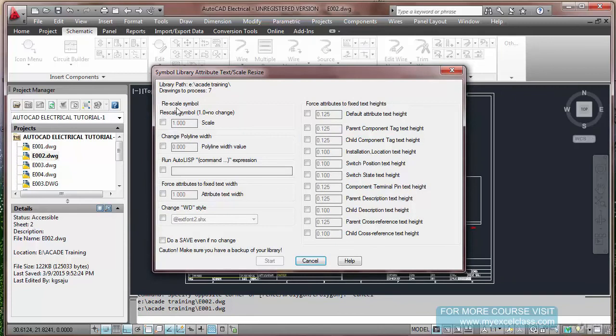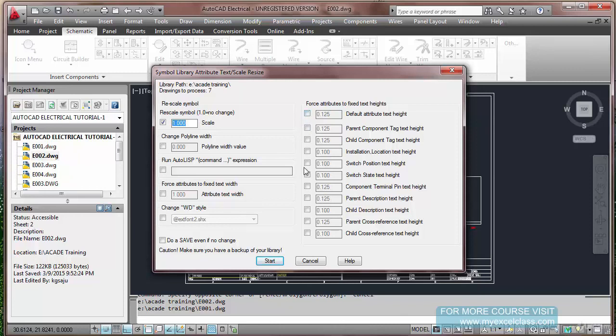See, now this screen will come. Here you can change the scale factor, whatever scale you want. Then the whole thing, the components, wires, title block, everything will get changed in the whole directory in one go.